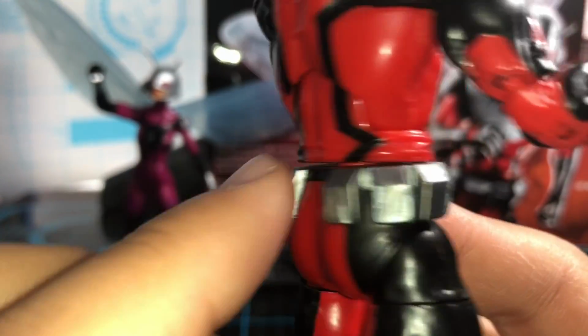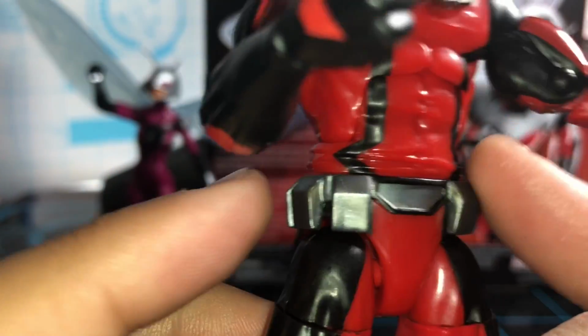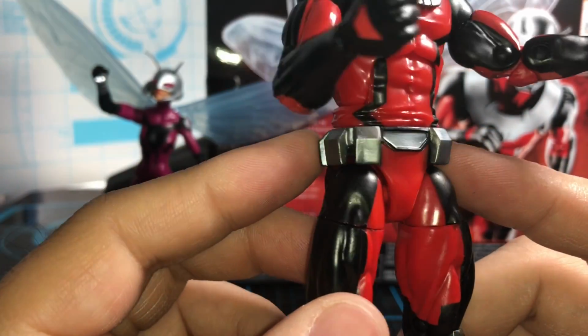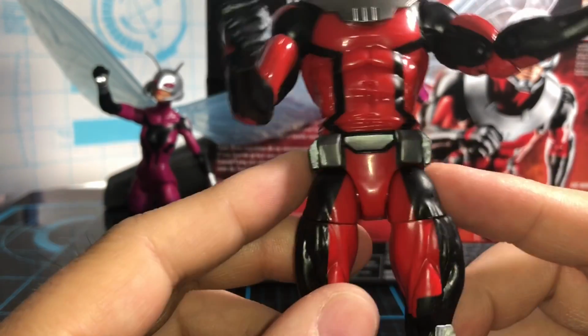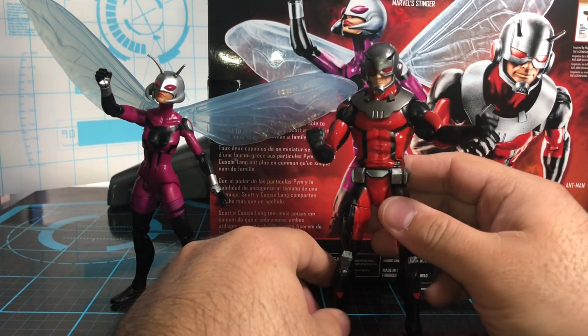Taking a close look at this utility belt look. I'm not sure if there was a purpose to that or if it's just part of the suit for the PYM particles. But it's cleanly done with a nice silver color that's actually in the plastic. It's molded on there. It does look really good. Now, as far as the Stinger pack,